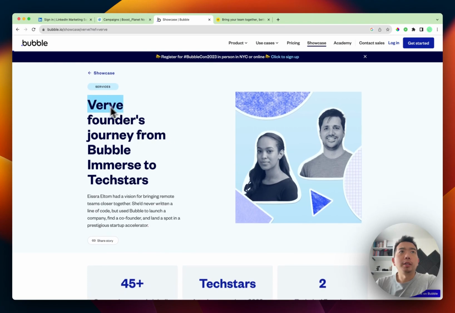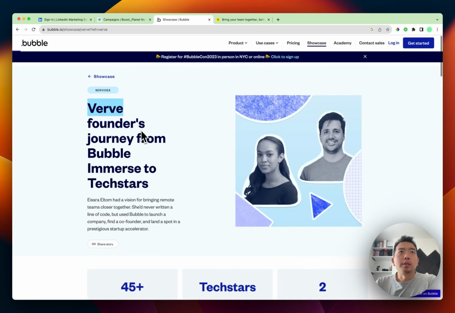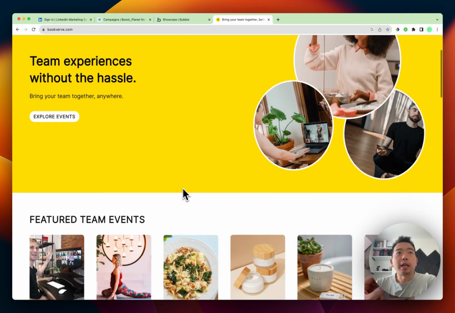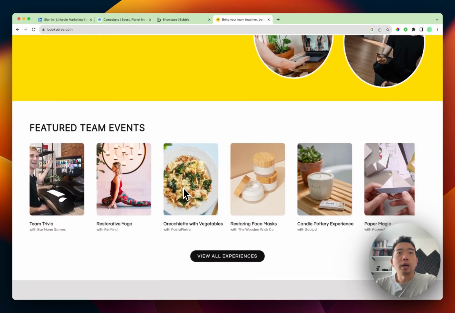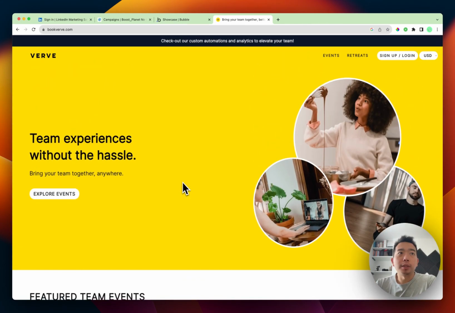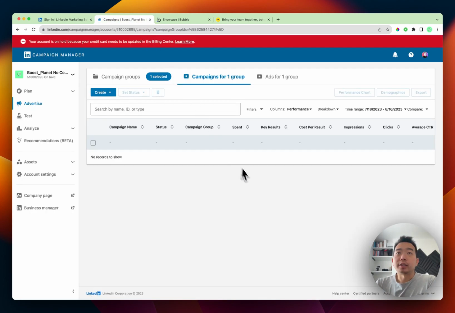So there's a company called Verve, which is a team experience app, which apparently the founder built with Bubble. It is an event organizing platform to help small to medium sized companies, HR professionals or office managers to organize team events for the company. So this is clearly a B2B oriented app, which is actually a great fit for using LinkedIn ads to drive